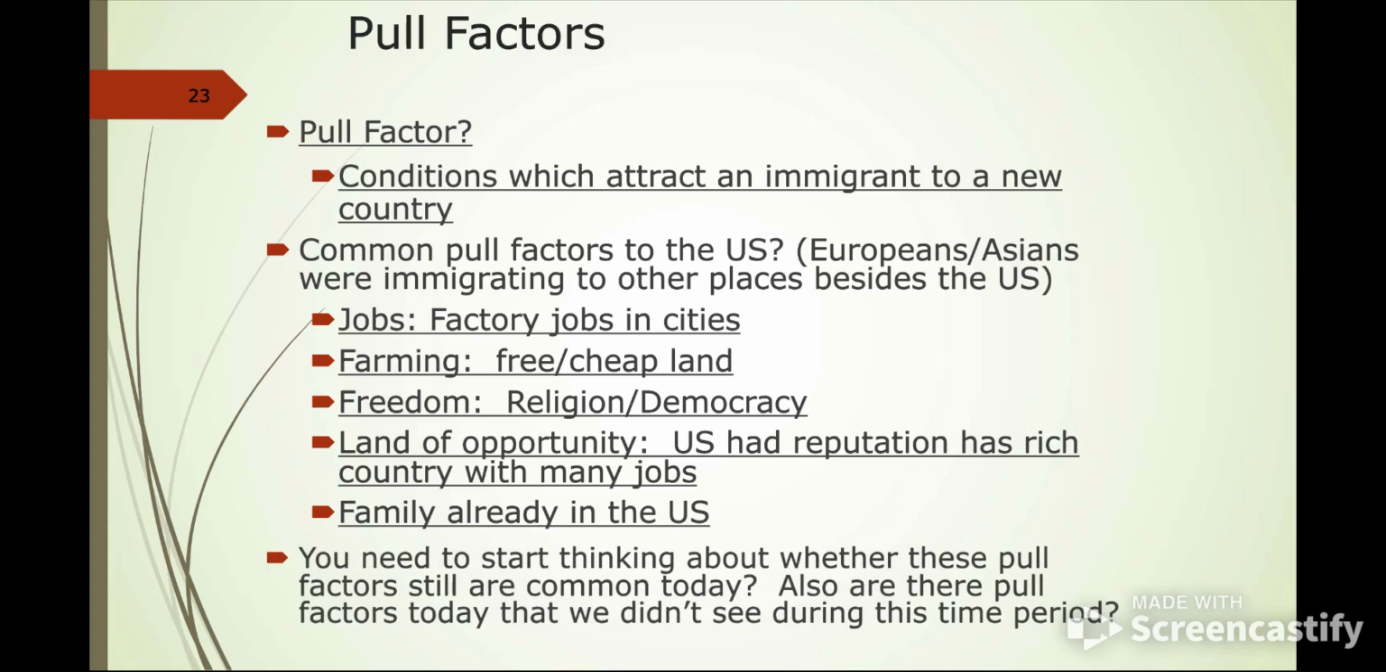Okay, as you're looking through these, you need to start thinking, these were the common pull factors back then. Are these still common pull factors today in 2023? In other words, are people still coming to the United States for these reasons? Also, are there pull factors today